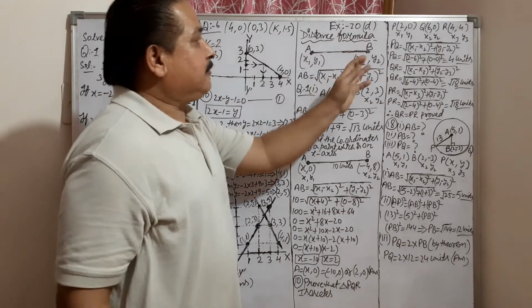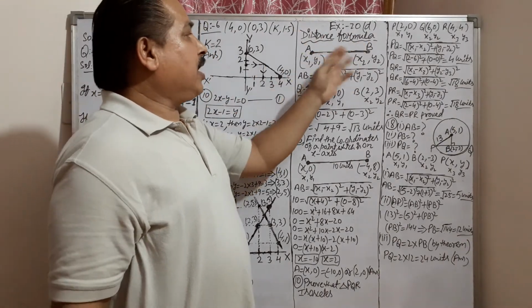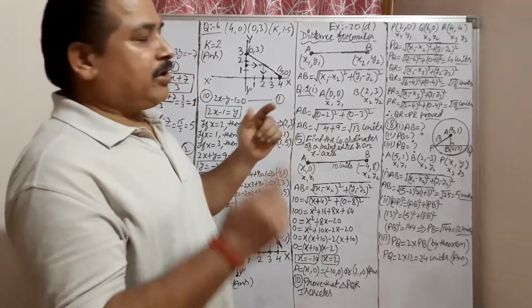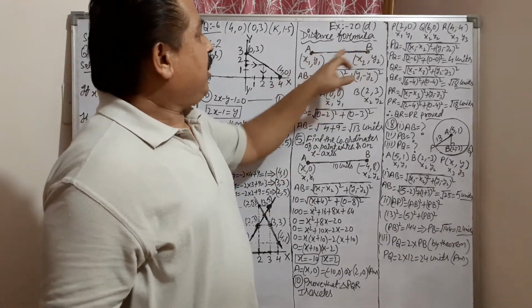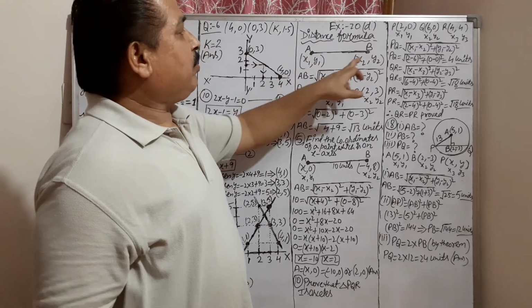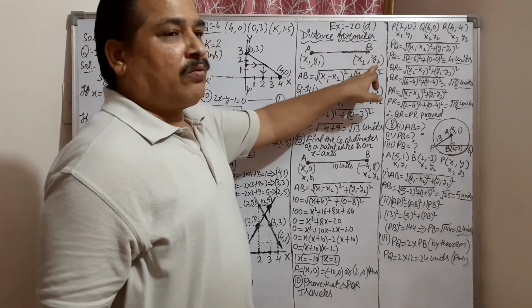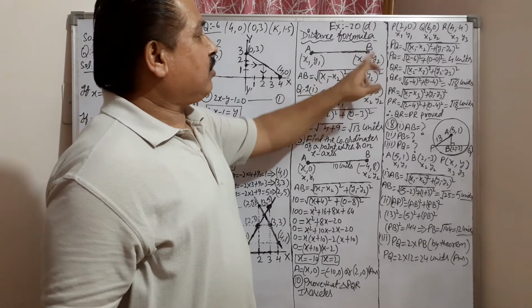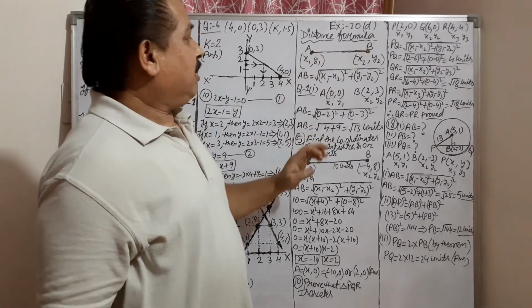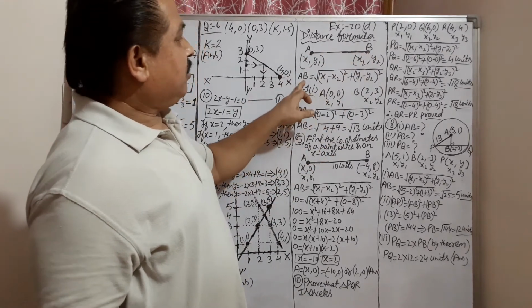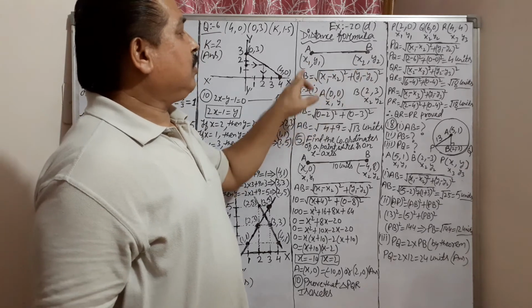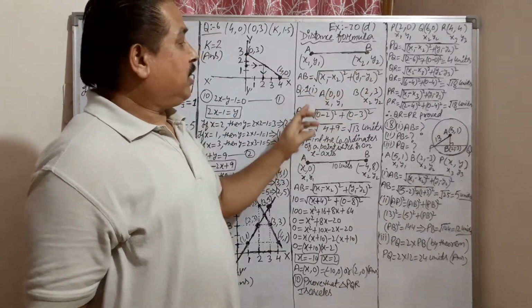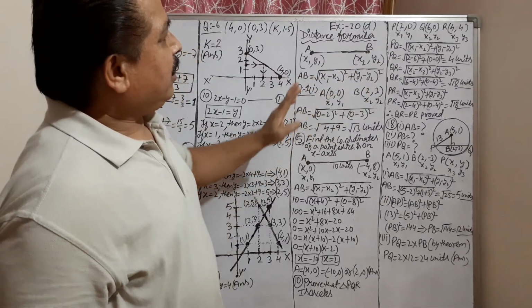Now see exercise 20D. In exercise number 20D, we are going to find out the length of a line, or you can say the distance between 2 points. These are 2 points A and B. A has coordinates x1, y1, suppose, and B coordinates are x2, y2. Find the length of this line, or the distance between A and B. So this is the formula: AB equals the square root of (x1 minus x2) whole squared plus (y1 minus y2) whole squared. This is one formula in this exercise.